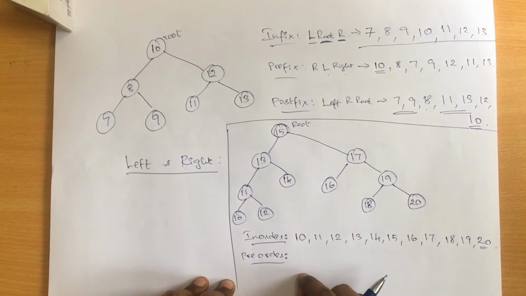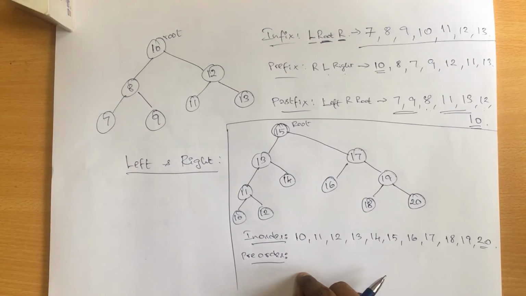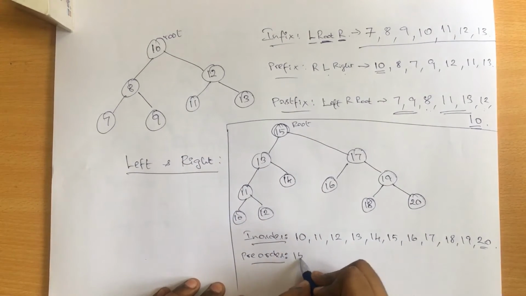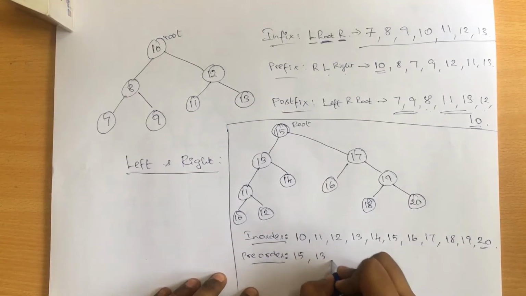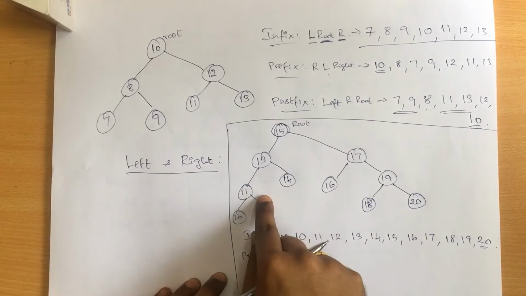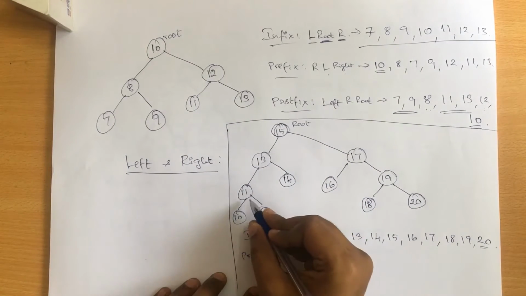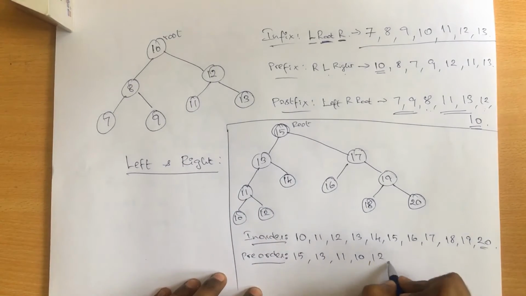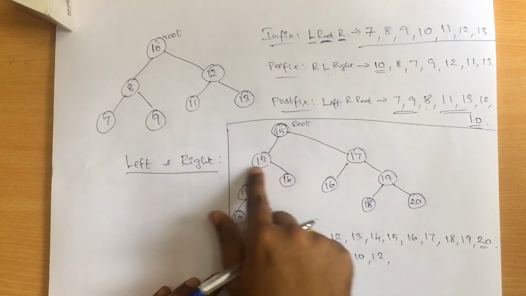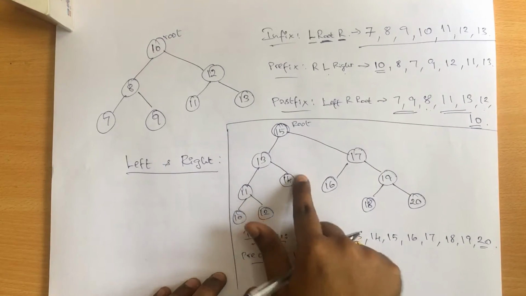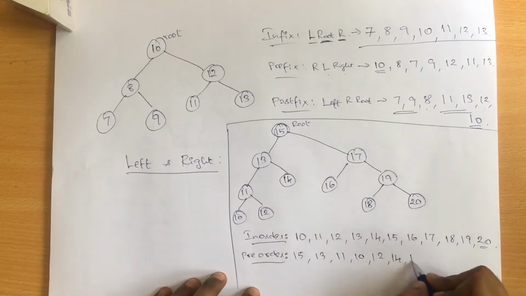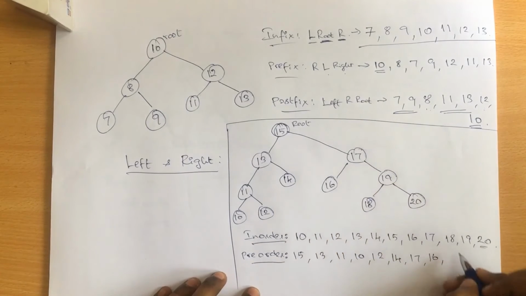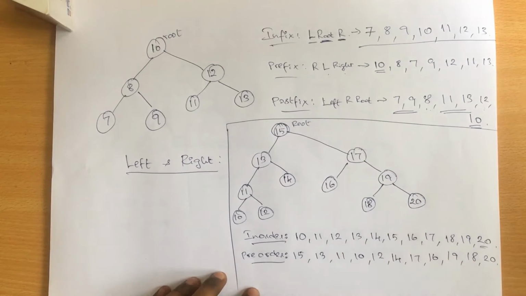In pre-order, we very well know the first thing should be our root node, right? Only after that should it be the left as well as the right node. So when I start with the root, it should be 15. And the next value is 13. 13 is also a root node, so I'll print 13. Followed by 13, I'll go to the next node, that is the left side part, that is 11. 11 is a root node, right? So after that, you will print 10 and 12. After 10 and 12, I'll move back to the root node itself, but I have a rightmost value here, so it should be 14. After 14, you will directly move to 17, and then 16, then 19, 18, and at last it will be 20, right?